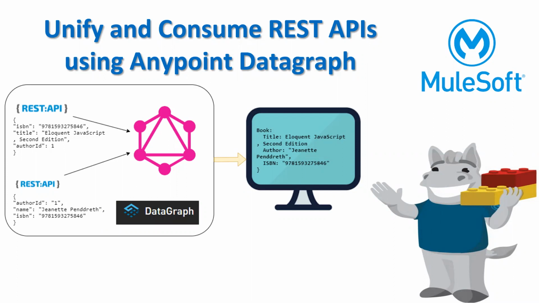So this session is the follow-up session of the previous session. In the previous session, we explored the data graph. We have seen how to unify the responses from multiple APIs. We have seen the books API and the author API, and how they are connected with each other based on their respective primary keys. For example, ISBN is the primary key from the books API, author ID is the primary key from the author API, and we have connected them using data graph. The same data graph URL, a single endpoint, we have used with multiple queries, and we have generated multiple different responses based on the query. This part we have already seen.